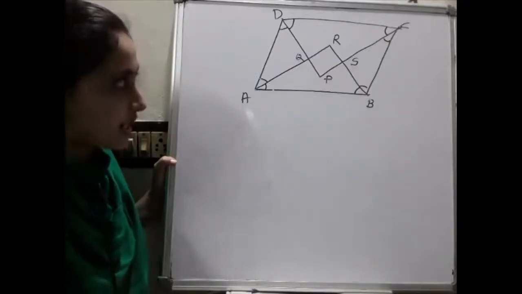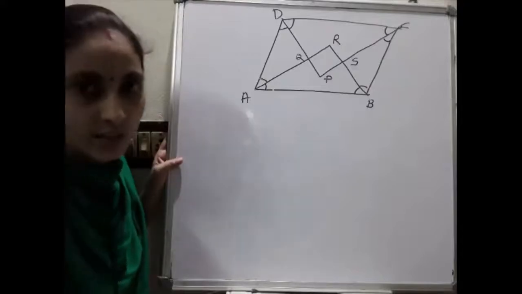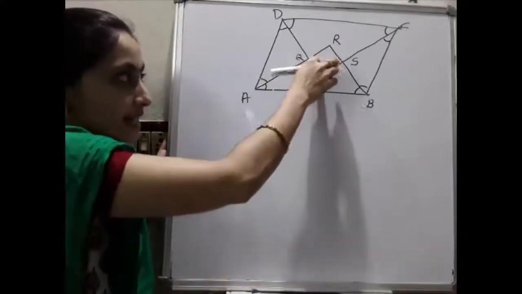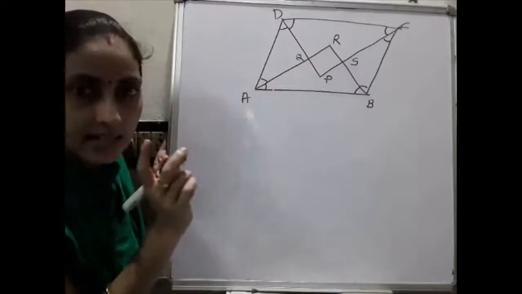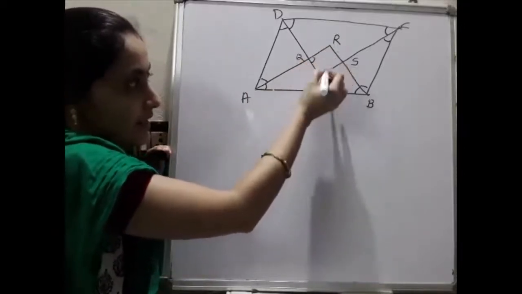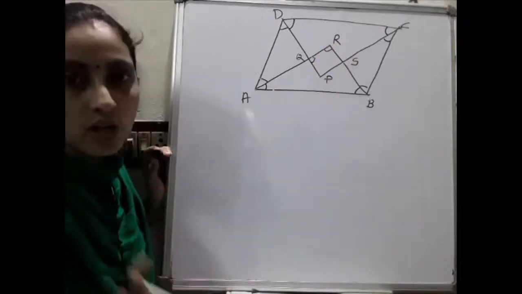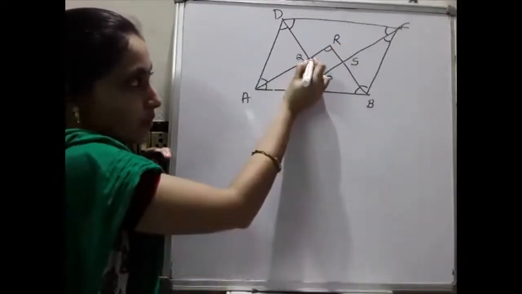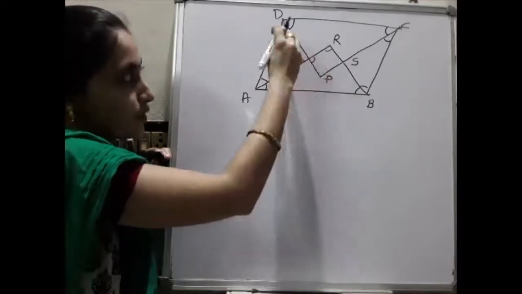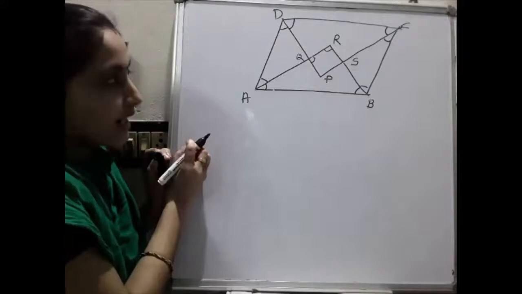Shall we start? We prove it this way. We have to prove it is a rectangle. Rectangle means each angle is 90 degrees. So we first prove this angle is 90 degrees, and then this angle is 90 degrees. Automatically the other angles will be equal to 90 degrees. First thing we have to prove is this is 90 degrees. For that we have to consider this triangle itself. So listen here please.